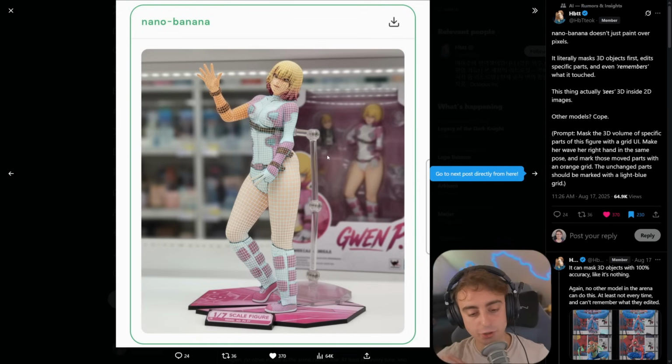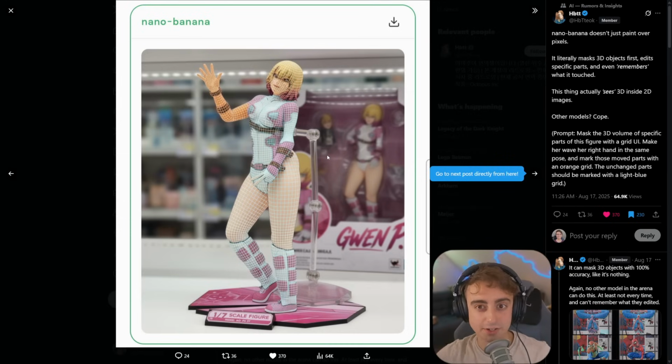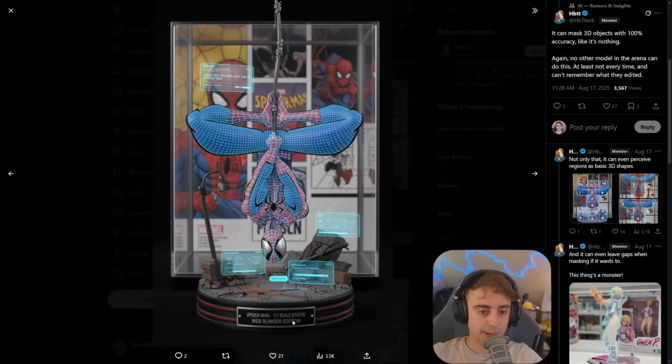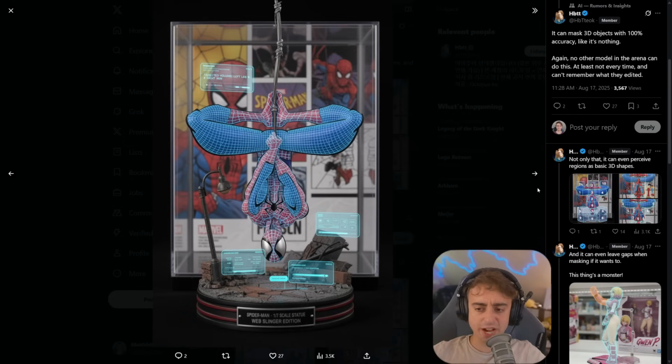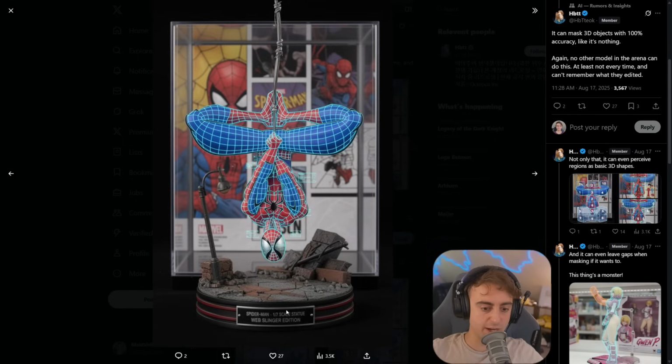I think it absolutely destroys even native GPT image in regards to keeping everything consistent when you upload an image and ask for edits. In this next example, we've got another figurine. This is obviously a Spider-Man 1/7 scale statue, Web Slinger edition. And take a look at the consistency between edits here. It's absolutely remarkable. Asked to remove some of these extra little blue objects, clean the image up, but it keeps